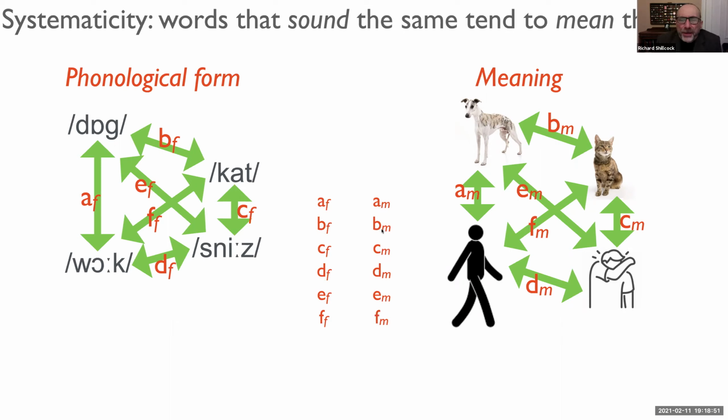So at the other extreme, if we believed Ferdinand de Saussure that the spoken form of a word is completely arbitrary, that you could just as easily use the word sneeze to refer to the furry thing with 4 legs that you take for a walk, if the relationship between the form and the meaning was completely arbitrary, the correlation here would be 0.